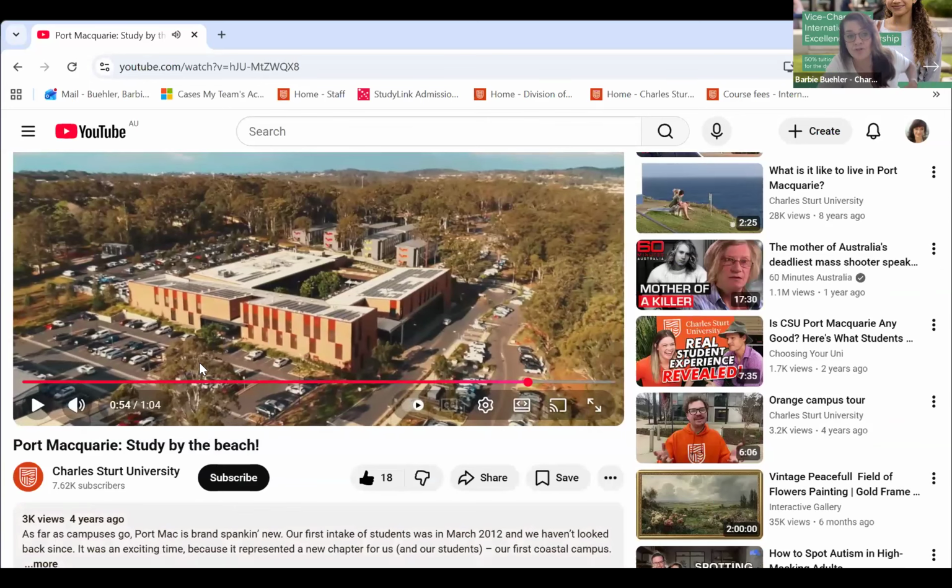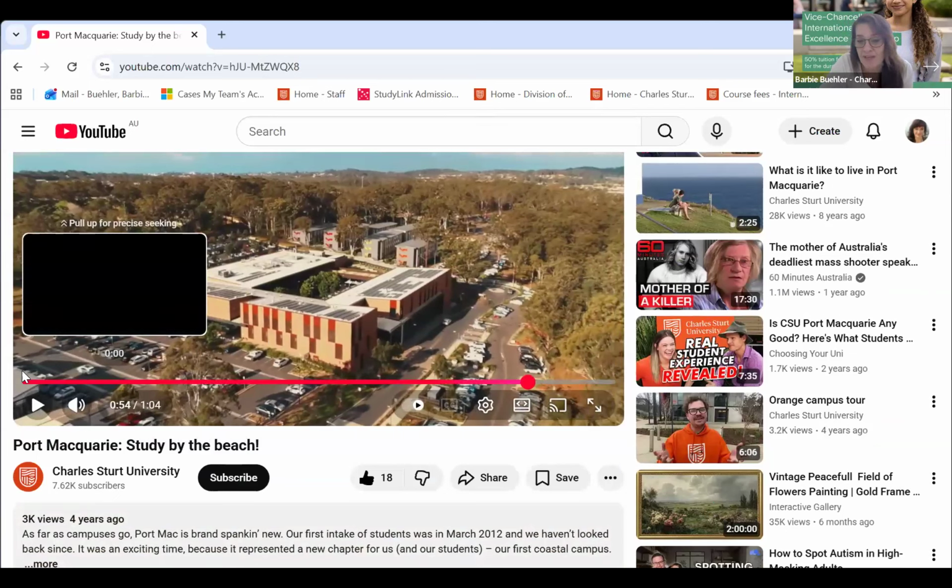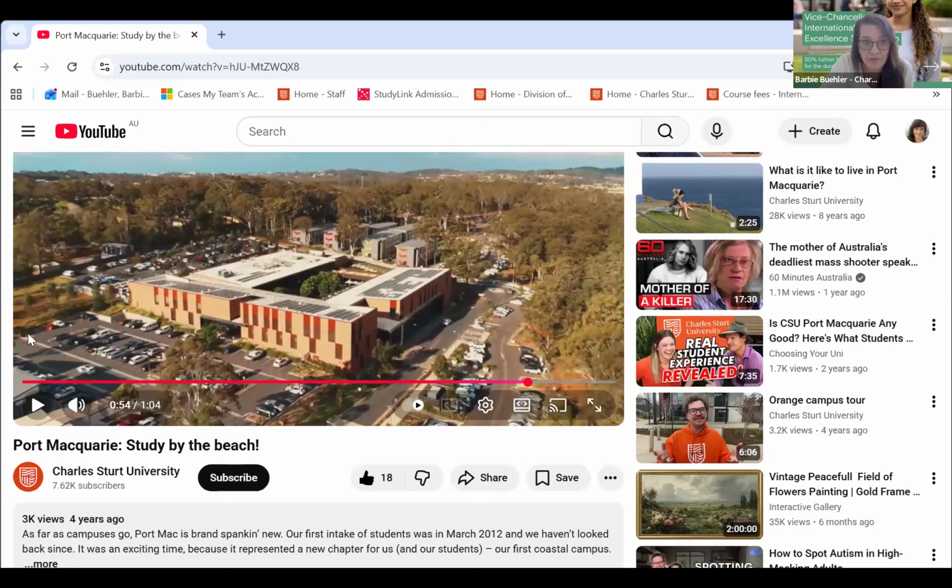Across the road here is the car park, and over here is the Coles supermarket, shopping centre, cafes, eateries where they can get food, sushi, whatever they need. All this here is the student car park. This is the student accommodation at the back, so all they have to do is walk across the road and they're on campus. So it's very, very safe. And here at the back is all the beach. So 10 minutes to the beach.